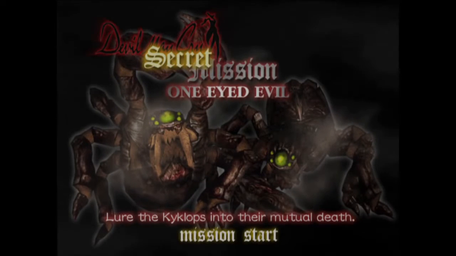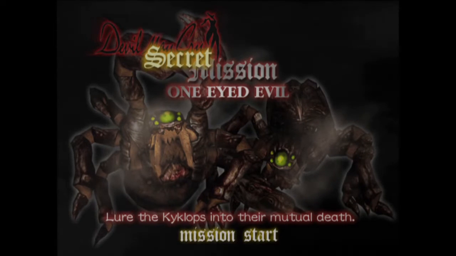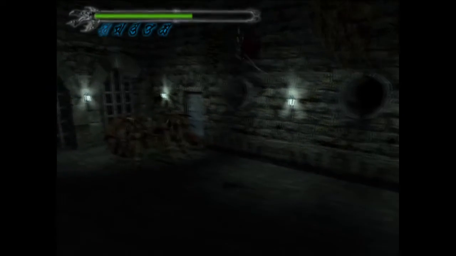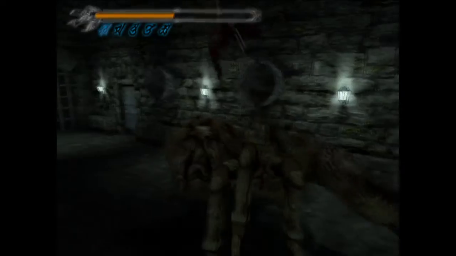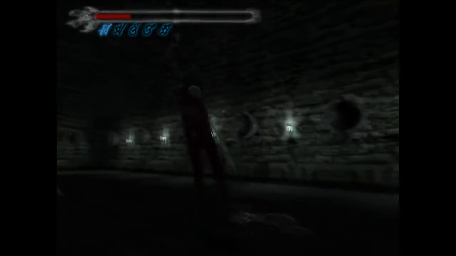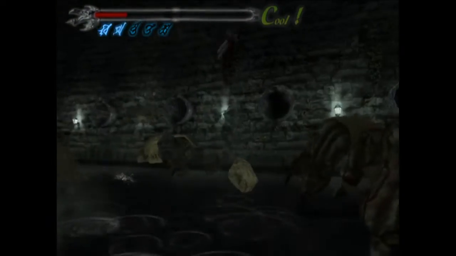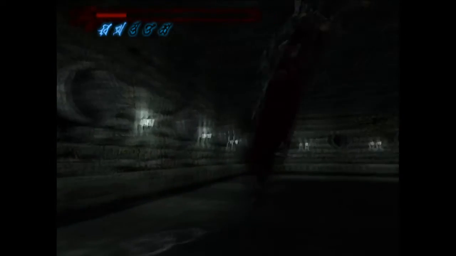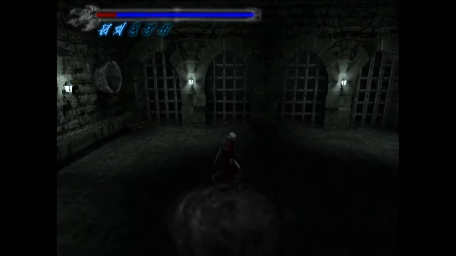Lure the Cyclops into their mutual death. So what that means is you have to manipulate their AI into attacking each other until one of them is dead. So if you stand between them and just kind of jump, they'll shoot these rocks at each other. If I cannot die, that'd be cool. Oh my god, do I have a vital star? I do. Hate to use it, but...